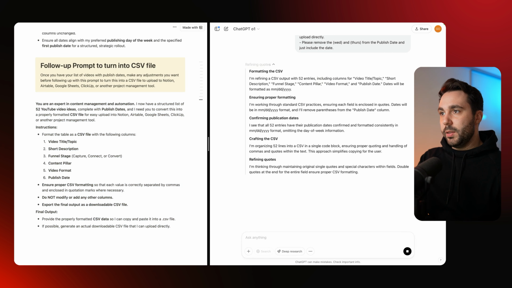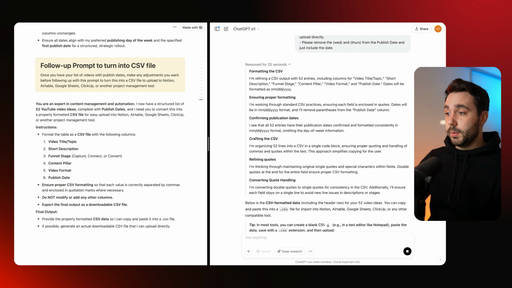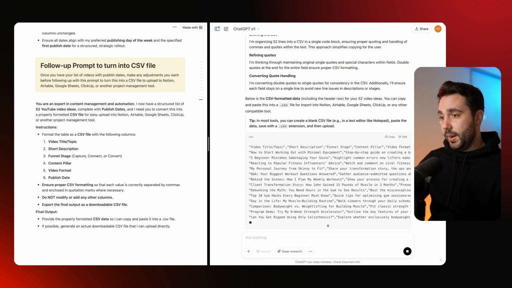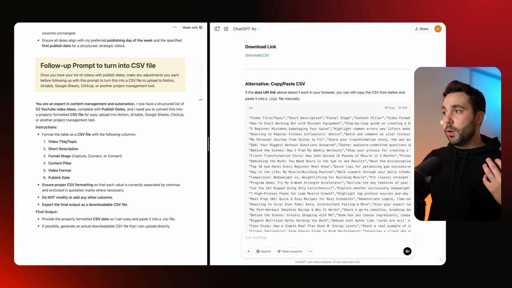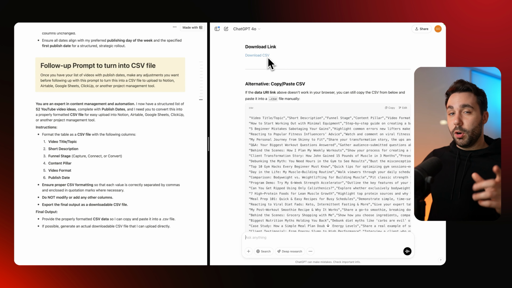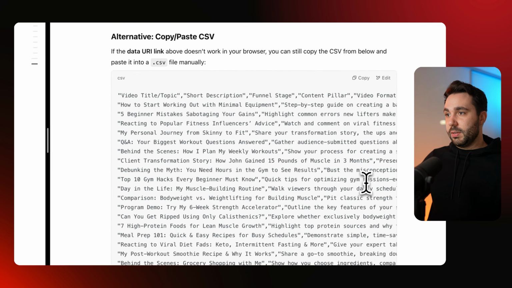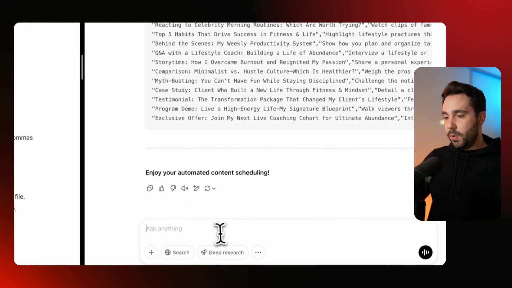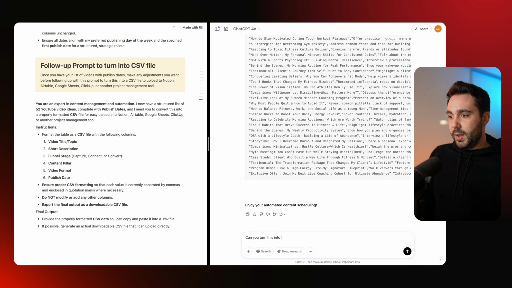And once again, we get to see the reasoning behind all of this and the thought process, which is pretty awesome. So this is the CSV file that we're getting. Let's see if we get it as a downloadable file after. Okay, now if for some reason your download link here doesn't work, or it just gives you the CSV file here, and it's just like a full CSV file, I'm going to copy this just in case, but what I want to do is just follow up and just say,